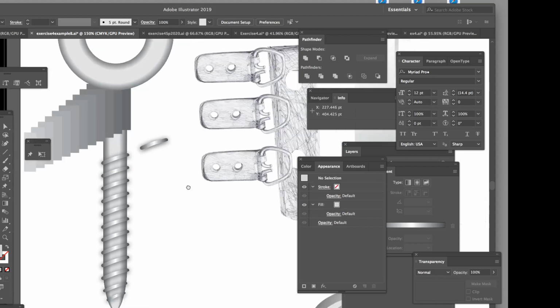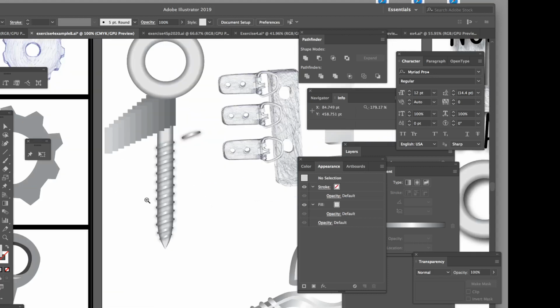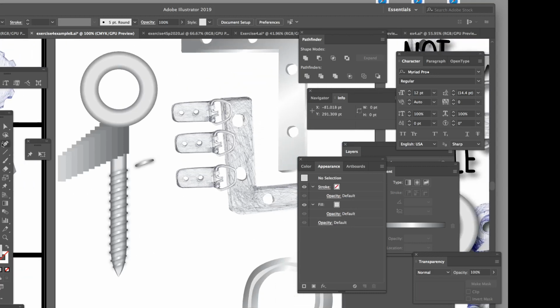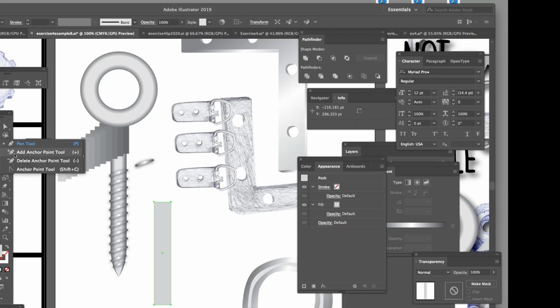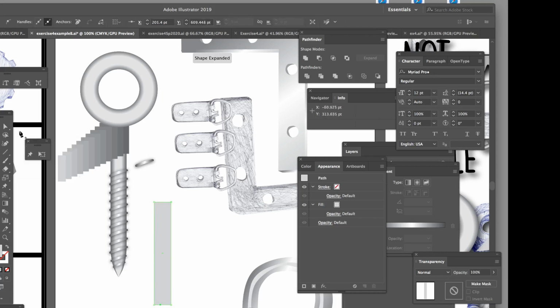So if I want to use that in some way, let's say I want to make this shape that goes behind there. I'm going to get a rectangle. Let's see if I can do this, a rectangle. I'm going to go ahead and with my rectangle, I'm going to add another point here. Of course, I didn't get it in the middle. I tried, but I couldn't. Okay, so